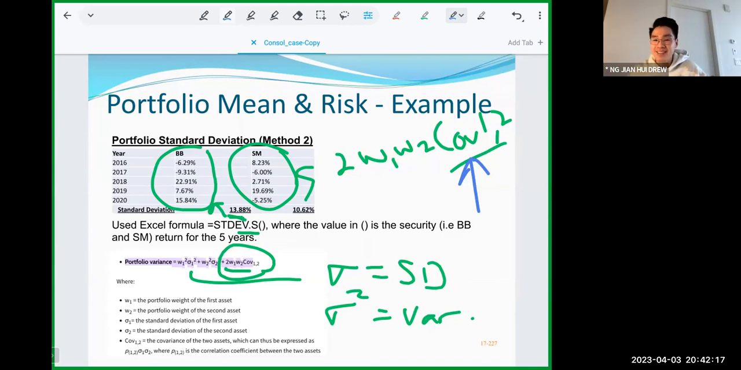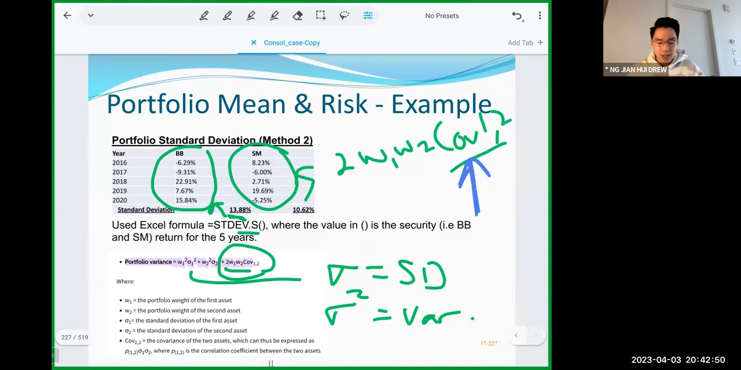So covariance is the joint variability of two items. Covariance means the joint variability, so how the two items interact in terms of the variability. Okay, so there's this additional formula: 2 times W1, W2, covariance 1,2. So the question is, how do we calculate covariance? Now, it is very easy